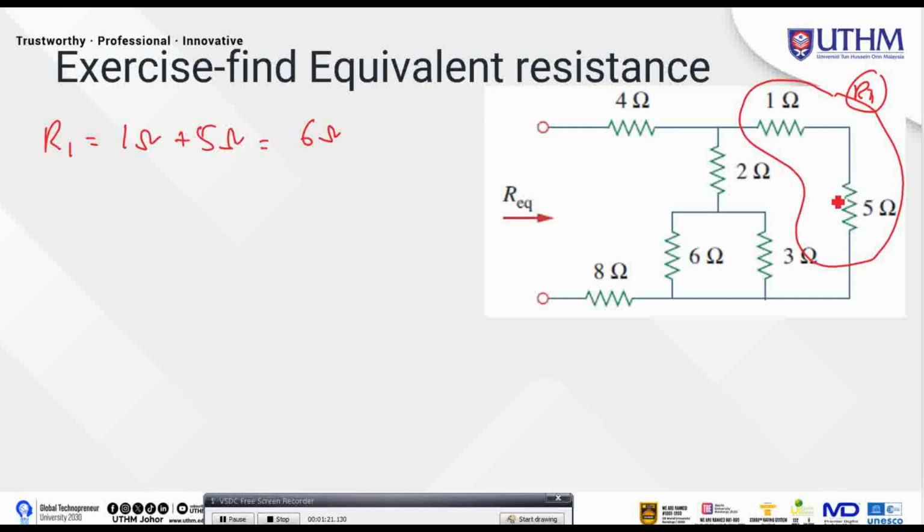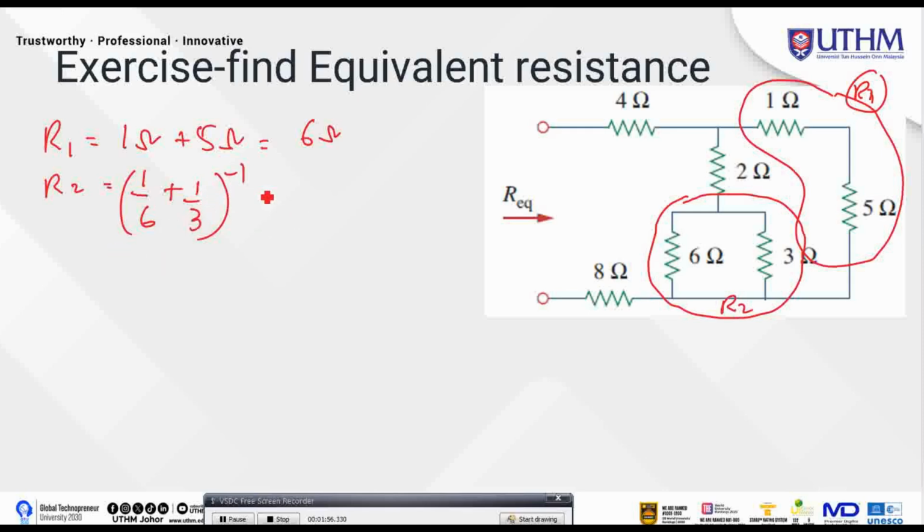From this we can see that we have to combine the 6 ohm and 3 ohm resistors to make a single resistor. Let's say this one is R2. So R2 is equal to 1 over 6 plus 1 over 3, to the power of minus 1,